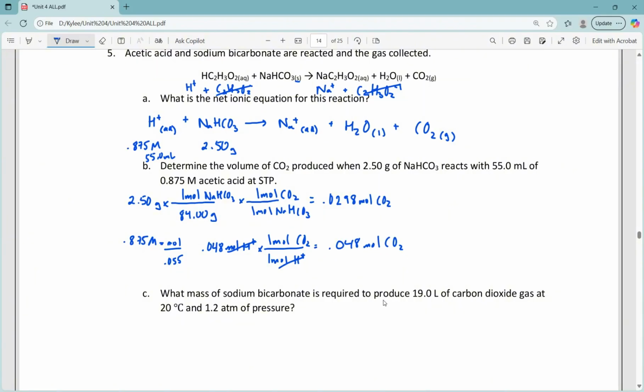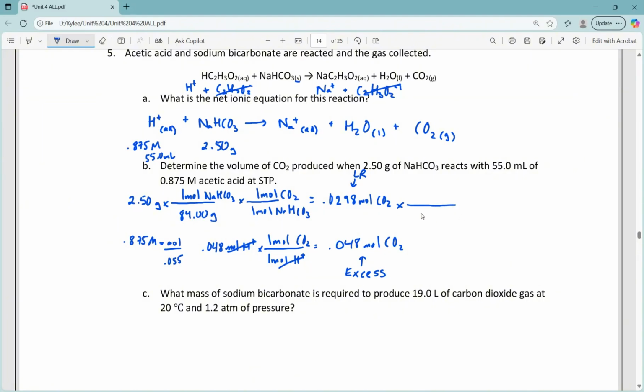Now from here, I look at which reactant is producing the larger amount of CO2. The one that produces more, which would be this value, if I compare 0.0298 with 0.048, this one is bigger. That means that this reactant that I started with is going to be in excess. The one that makes a smaller amount is telling me that that's going to run out first, and that's my limiting reactant. Now, they're asking in this problem for volume, so I do need to go one more step, and